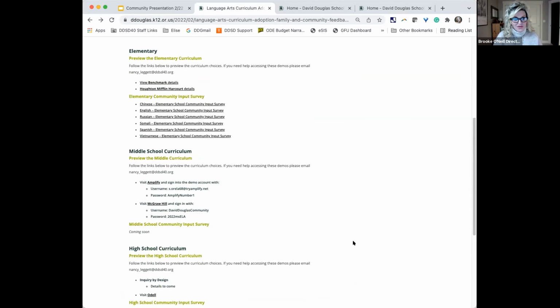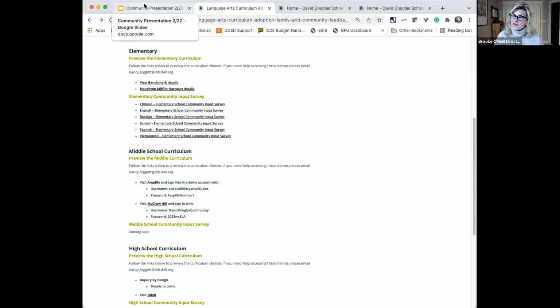Yeah, and we do have a finite budget, but obviously once we make the decision of which publisher we want to adopt, and we take the recommendation to the school board, and ultimately it is our school board that will approve that curriculum, then we start working with the publishers on what is included in that core.